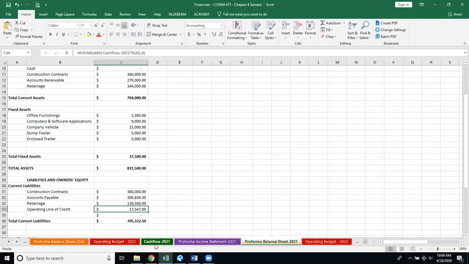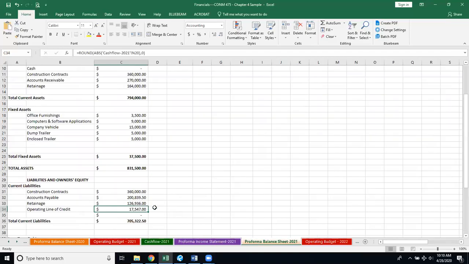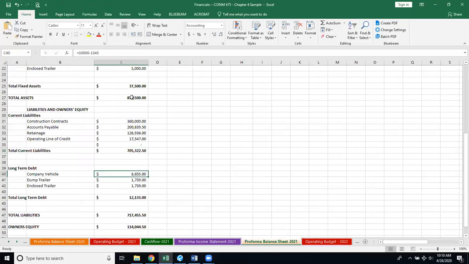And then again, going back to my cash flow, where I ended up that year is I figured that I have about $17,000 is what I owe. Again, this is the last day of the month, December 31st at 5 o'clock. So current liabilities, I once again reduced